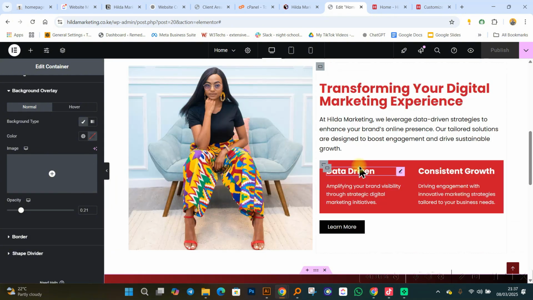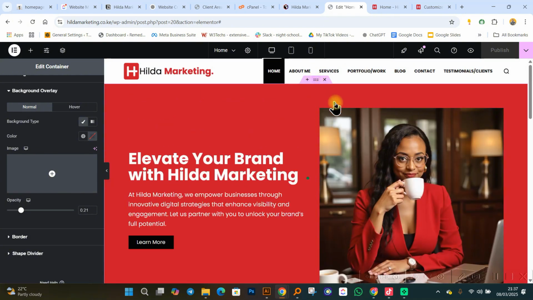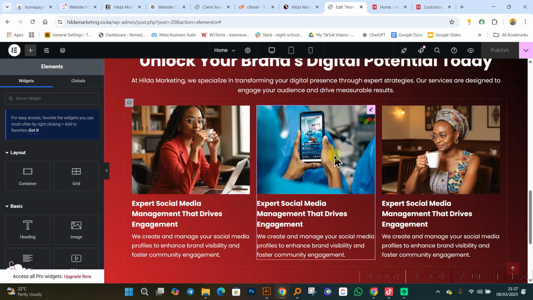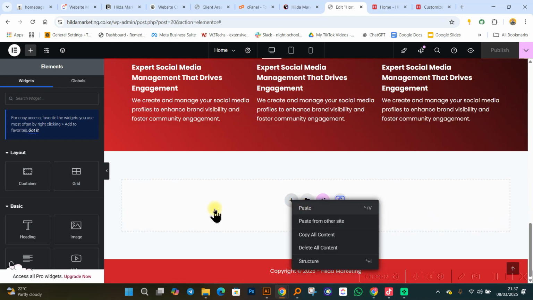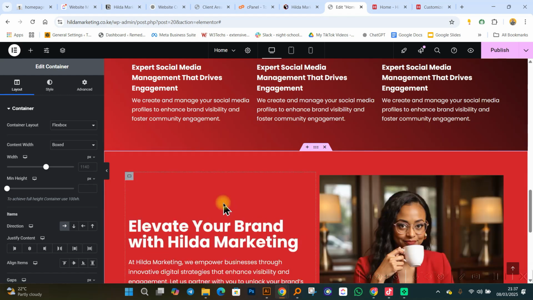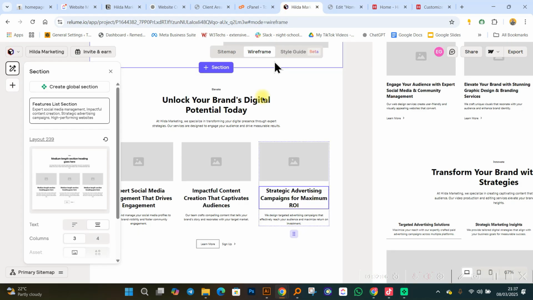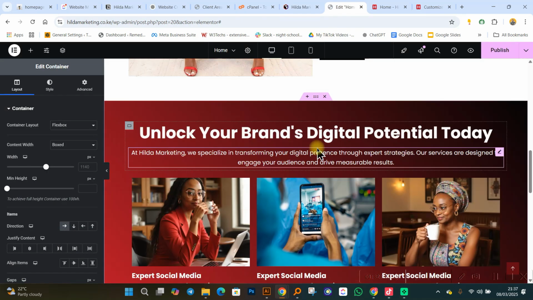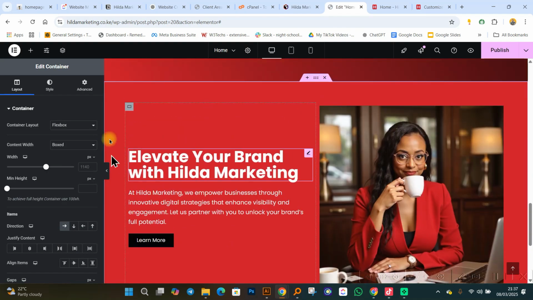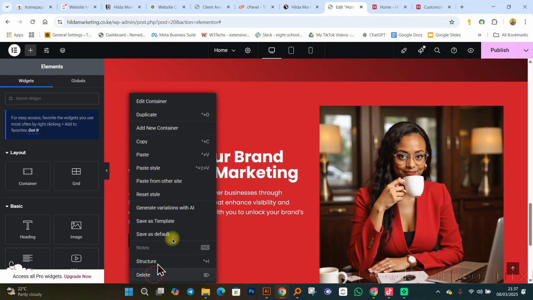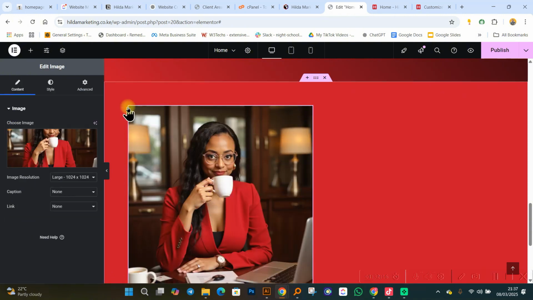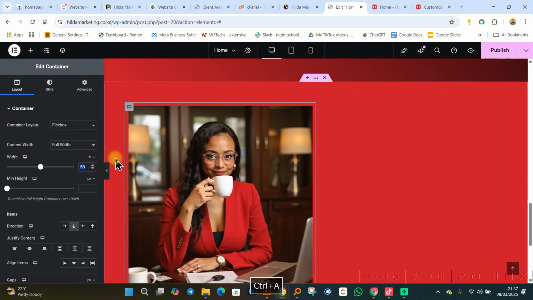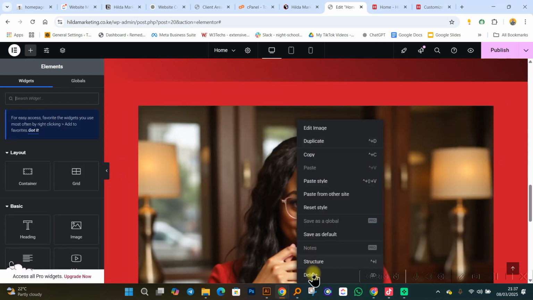Now, as we end the session, I can come and copy this, all right? And then I can paste this particular section, okay? And probably what needs to be added, it doesn't have to be so big of a thing. So what I will do is I'll delete this, all right? Let me delete this particular image.